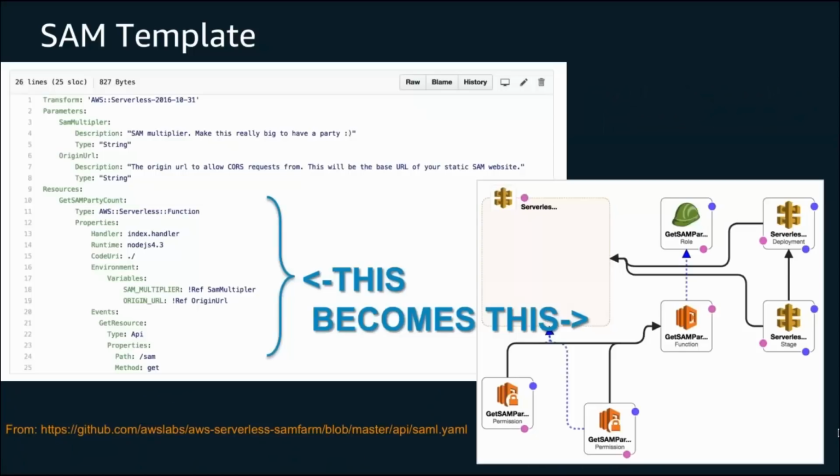Another way to think about this is from an example that we have out in GitHub today for a demo that is called AWS Serverless Farm. In the SAM farm demo, we have a SAM template, as we see here on the left. If we think about the meat of the SAM template, the main resources that we're creating, we see from roughly lines 9 through 25, similar to what we saw on the last slide, the definition around our serverless function. So we see the handler, the runtime, the code URI, we're passing in environment variables. We'll talk about those a little bit later as well. And then the event source.